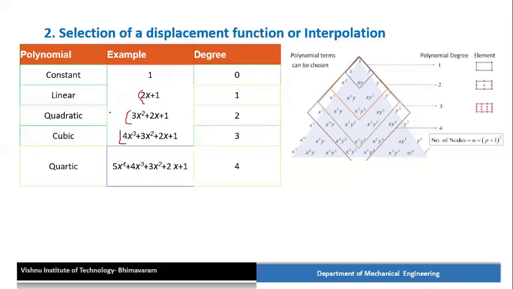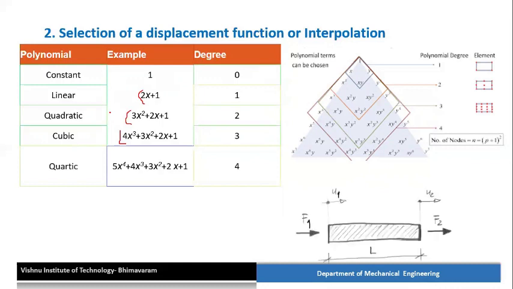The 2 and 1 are the constants. In case of two-dimensional case, we may choose this Pascal's triangle. Suppose its polynomial degree is 1 and polynomial degree is 2, 3. According to the polynomial terms or number of nodes, we may choose the particular polynomial equation to derive its shape